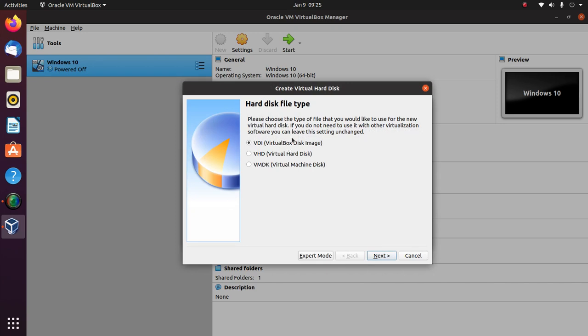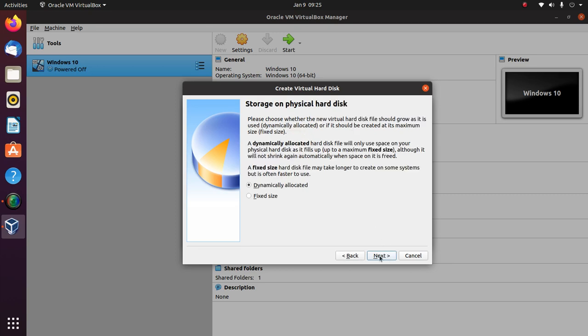So this is the hard disk file type we need to choose, going with this VirtualBox disk image. Right. There are two options. One is fixed size, another is dynamically allocated. Dynamically allocated will keep our host and guest operating system memory spaces available on demand. Whenever the host operating system has plenty of memory and the guest we are going to install needs more memory, it can take from the host.